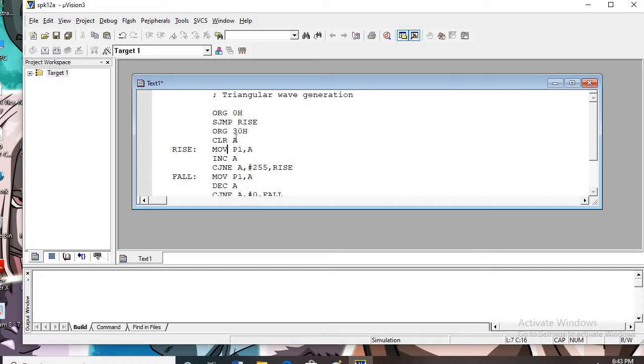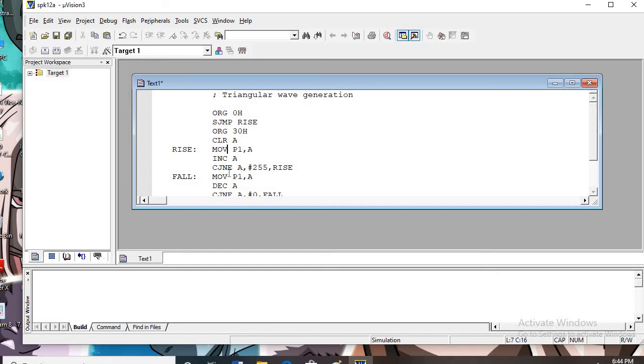At present the accumulator holds 0 in the beginning, and now increment accumulator, so from 0 it will start incrementing. Compare, jump if not equal, the accumulator content with 255, and you go on doing this, so it is going to remain in the rise loop. This will get repeated. Whenever it becomes equal to 255, it will come out and go here, so that is the peak level.